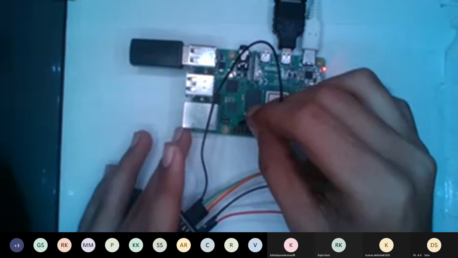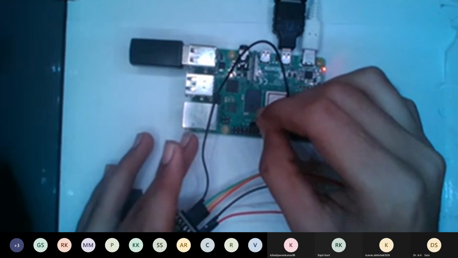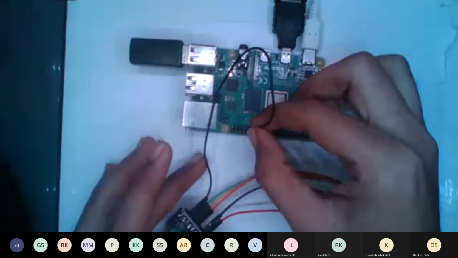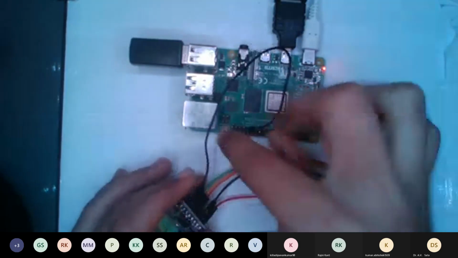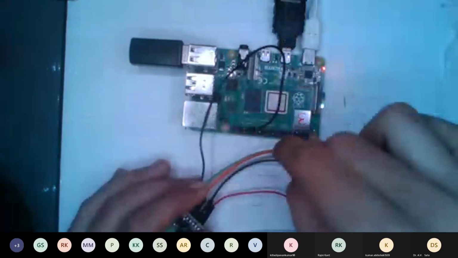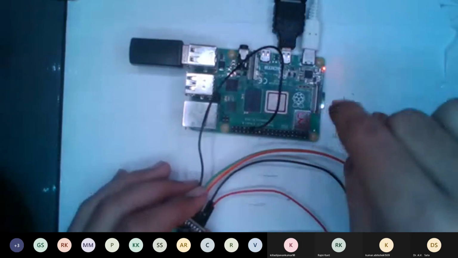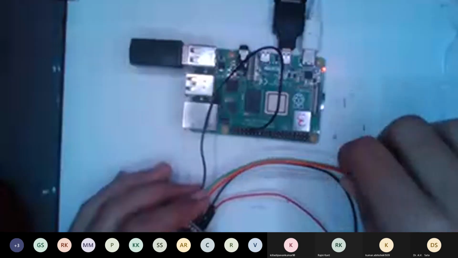So I'll just try to connect it. 1, 2, 3, 4, 5, and 6. So here is our pin number, GPIO number 05, which is 6th from the bottom part of the GPIO panel.